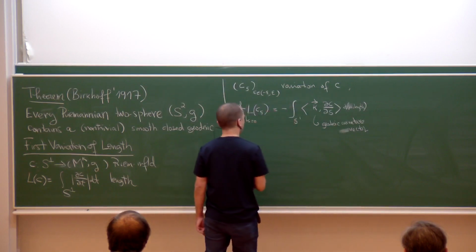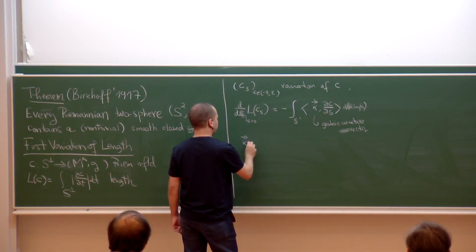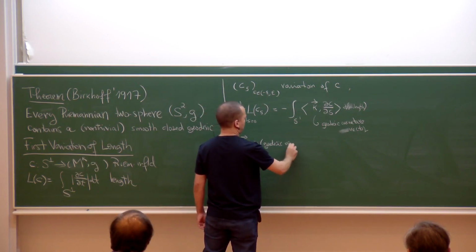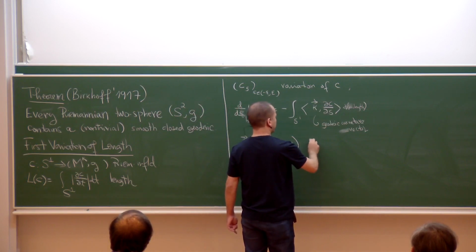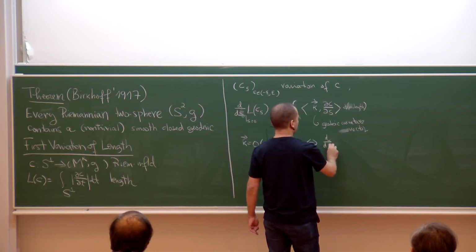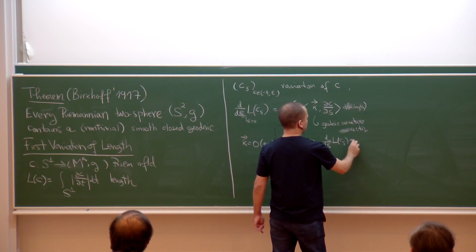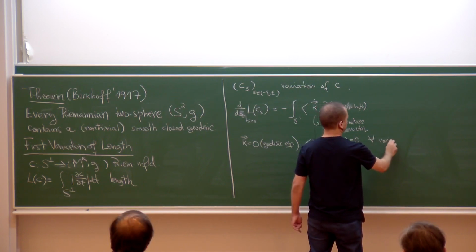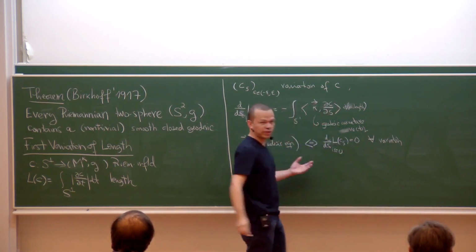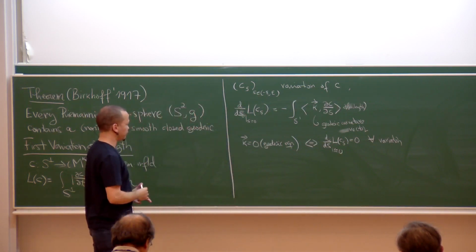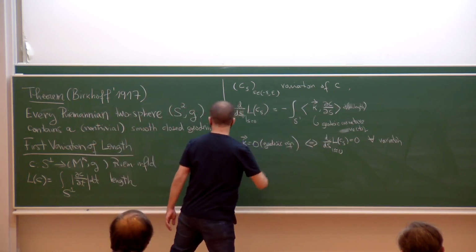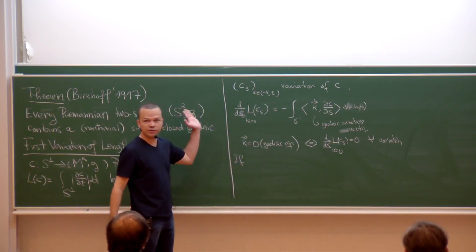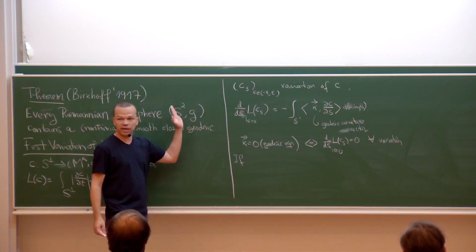And then of course from this formula one sees that vanishing of this vector, and this is a geodesic equation, it's just equivalent to the property that the first derivative of the length is equal to 0 for every variation of C. So closed geodesics are critical points of the length function. Okay, so one remark is that if instead of a sphere, if we have some Riemannian manifold that has non-trivial